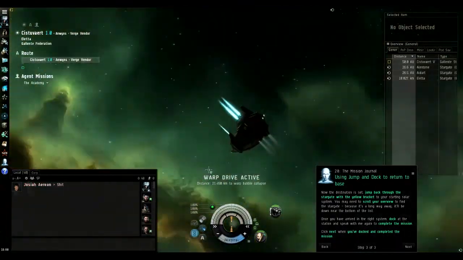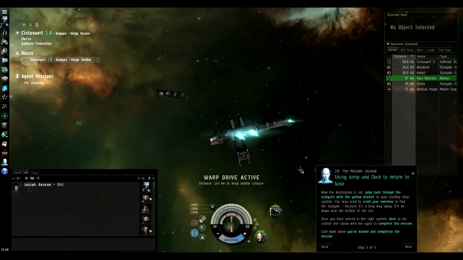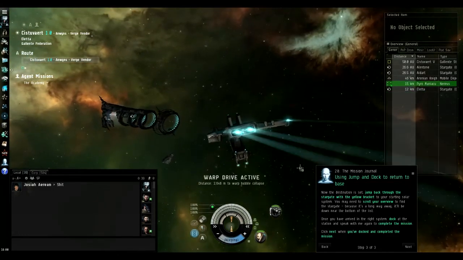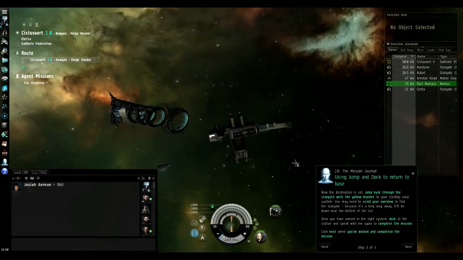Okay, I don't know what that was all about. I'm once again being warped back to where I was when I crashed. I don't know why that happened, but honestly, I have to say that the EVE client hardly ever crashes. I don't know why it did, but it's actually quite a rare occurrence for me. Alright,